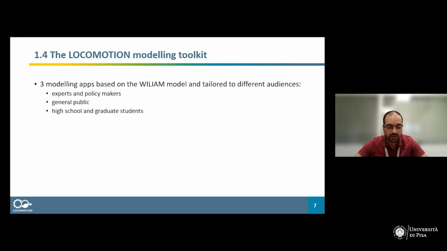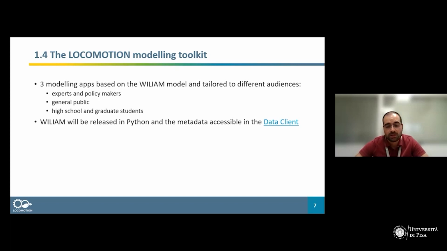in the climate issues. And also, WILIAM will be released in Python, and the metadata will be accessible by means of a data client that is now open in the LOCOMOTION webpage. This data client includes all the information that is in the Excel files that Nico presented before. You can search each specific variable and evaluate what its meaning and units are, and how this variable is implemented